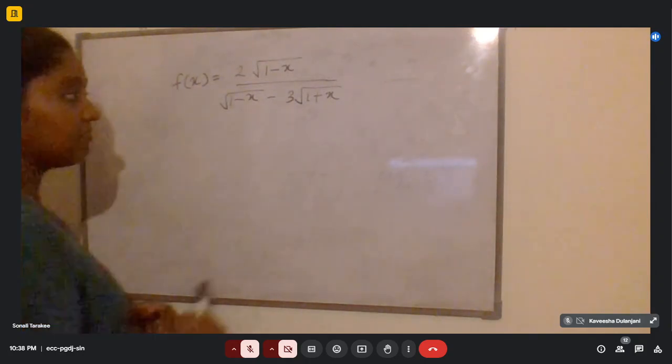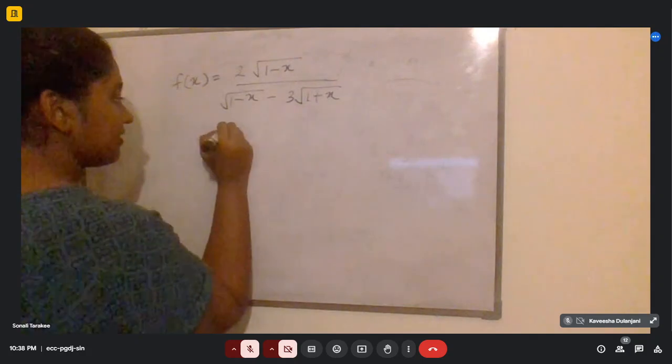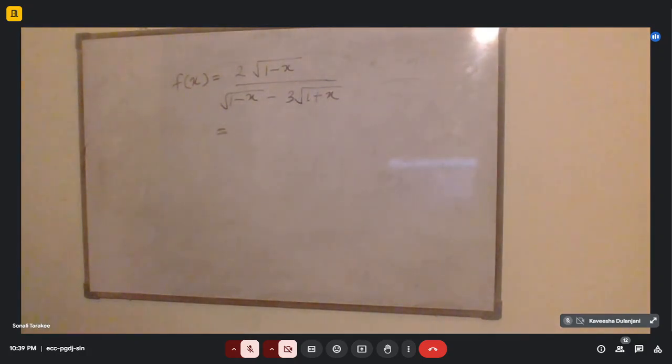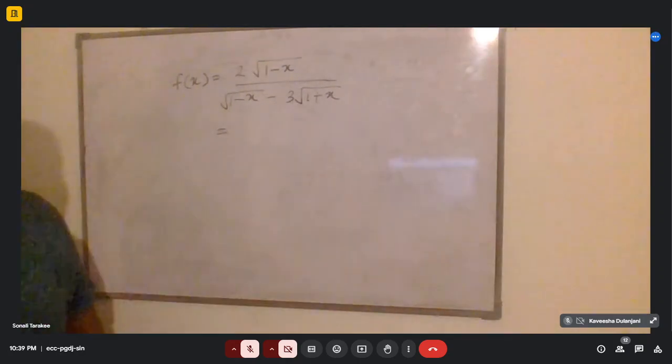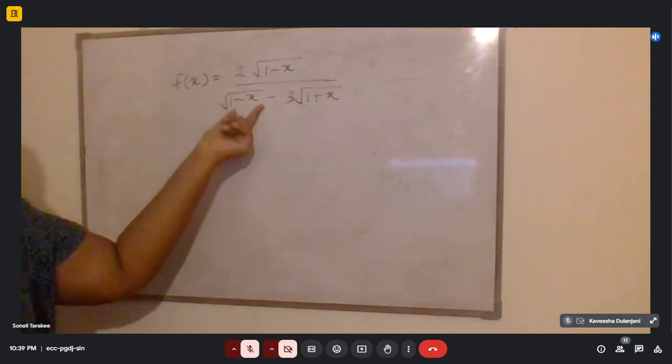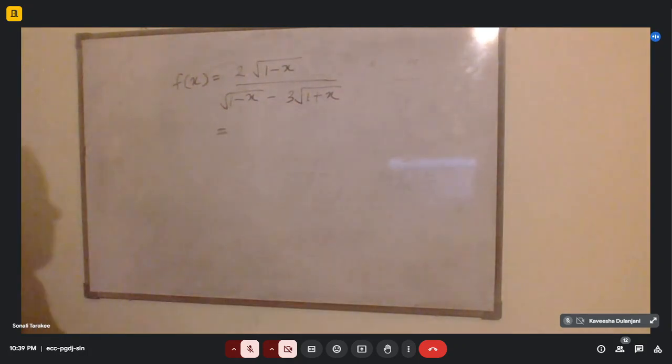So once you simplify this, how you simplify this one is, now the denominator is in square roots. Normally we don't keep it like that. So we have to remove the square root. To remove the square root, you have to square these square roots. So how you can square the square root is,